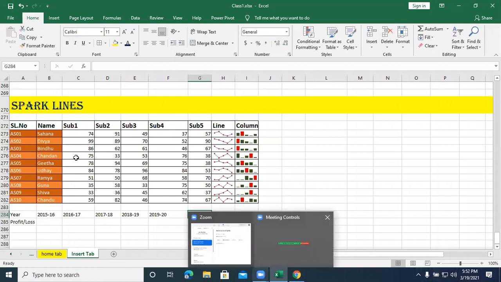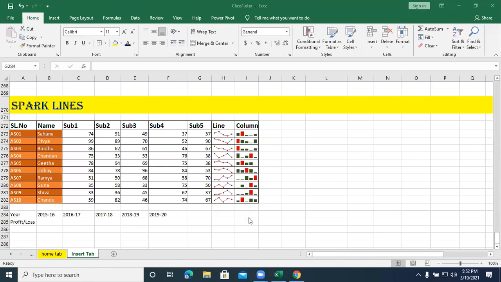I want a win or loss chart. For the values, you can put any values; I just use some 4 to 5 digits. For 2017-18, I just put a negative value. So I got a loss in 2017-18.